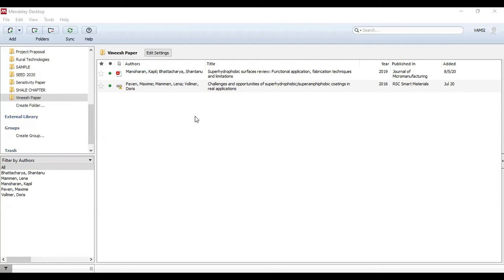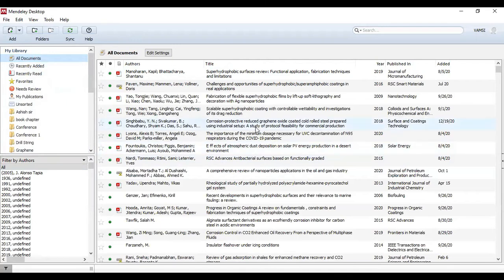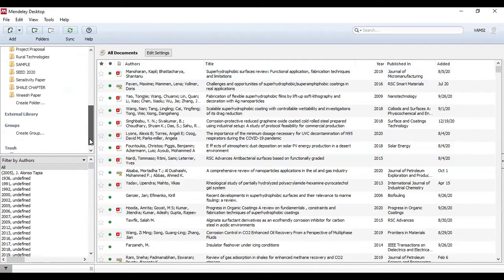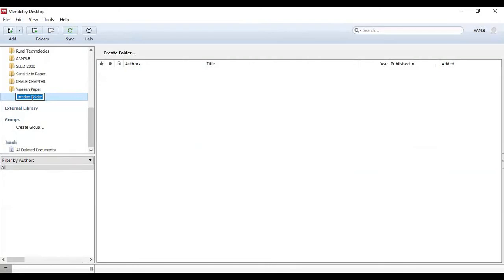Now this is nothing but Mendeley Desktop. Here we have different things. When you look at this library, you see recently added, all documents, my library. These are the different papers that I have added. I'll show you how to add your references, that means the papers which you have downloaded for that manuscript. For that, I'm going to create a folder over here, and I'm giving it a name like trial, or practice.